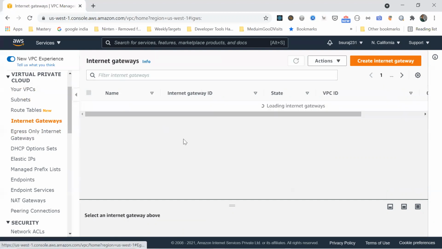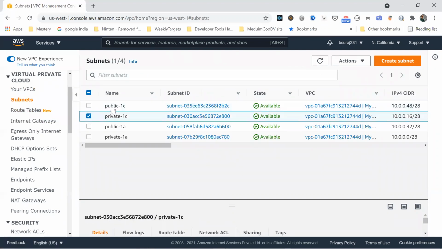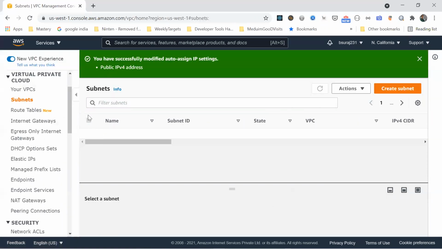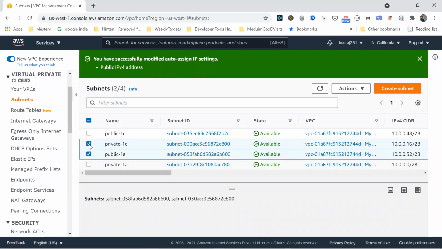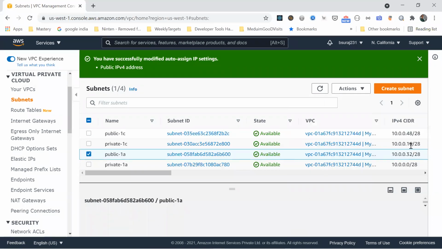Now on the internet gateway, do we need to do that? Do you have that option? No. On the subnet level, we have taken the first one, second one, modify auto assign, enable it, save it. What does this do? It simply helps you auto assign IP addresses between the range which you have specified, from 16 to 31. So your first EC2 server which you assign in this subnet will probably be assigned 10.0.0.17 or .30 or .26.